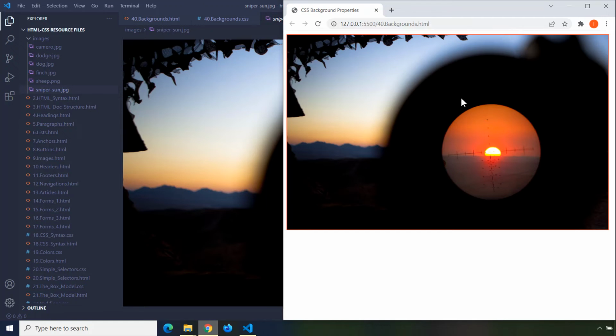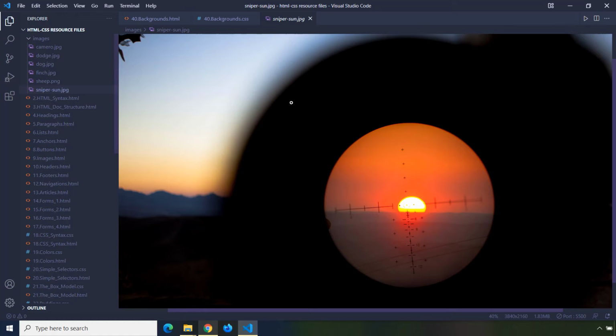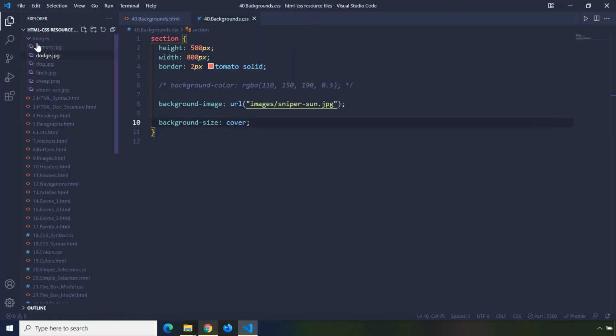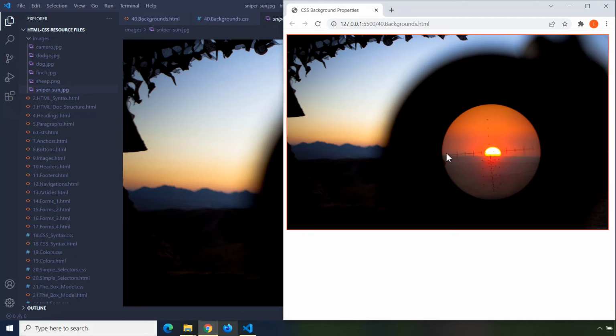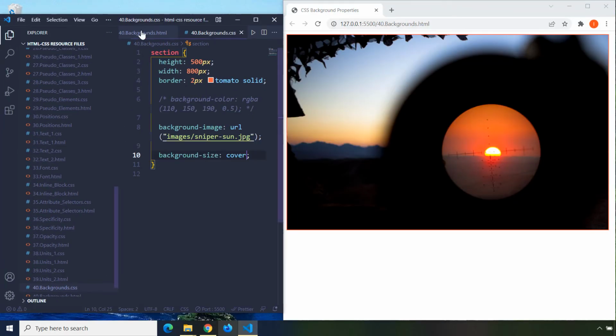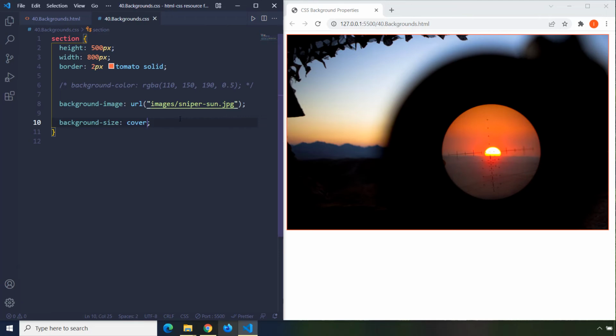And you can see that some of the image from the top, let me just open it again. Some of the image from the top and a lot of the image from the right has been cropped. Why? This has been cropped due to the fact that the image always wants to keep its aspect ratio. And if it loses its aspect ratio, then it doesn't really have to crop anything. That's why the image is a little bit cropped, because it wants to maintain or preserve its aspect ratio. Now, cover means cover the entire parent for which the image has been provided,